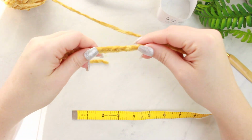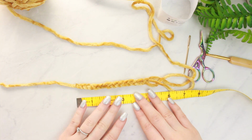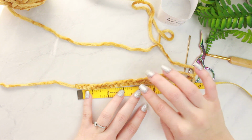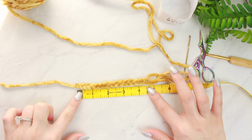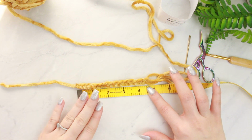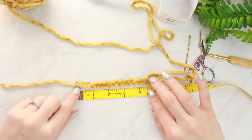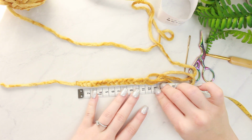from the chain, and now we have to measure. So without stretching the chain, you're just going to be measuring like this. So it has to measure 4.5 inches. All right, without stretching or pulling the chain. So we're just going to leave it like that and then measure. So once you have 4.5 inches, 11.5 centimeters, then we are good to go, and we can now start our